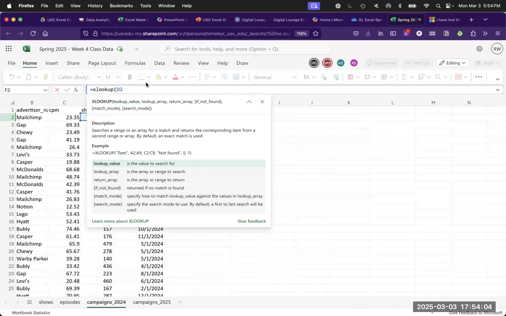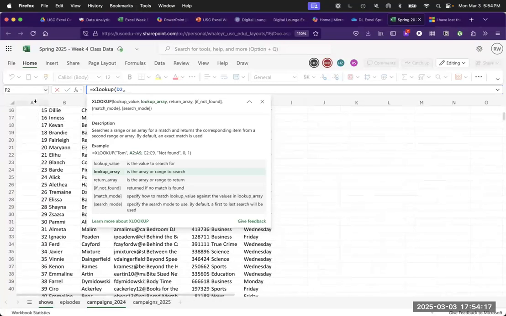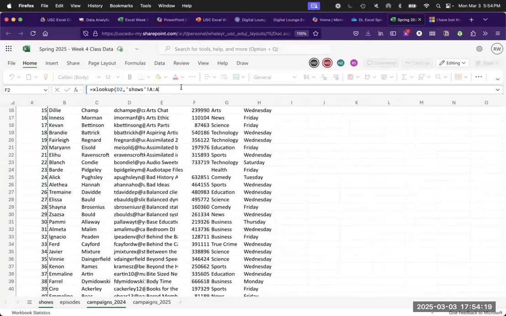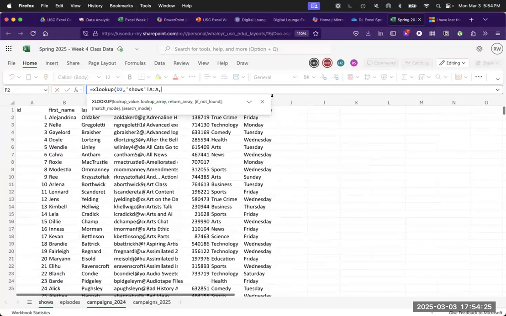All right. So very good. We've got our show ID. That's that first little key. And then we want to look for the matching show ID in the shows tab. Great. And those IDs are in column A. Fantastic. And what we want back are the downloads. So then column